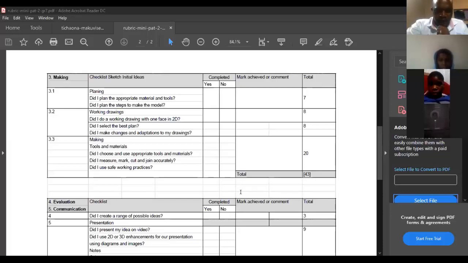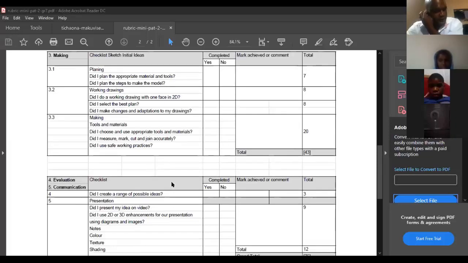Okay, and then making. This is now the making part, which is now 20 marks. So the making of your model is going to be 20 marks. All right. So moving on now to the last part, which is the